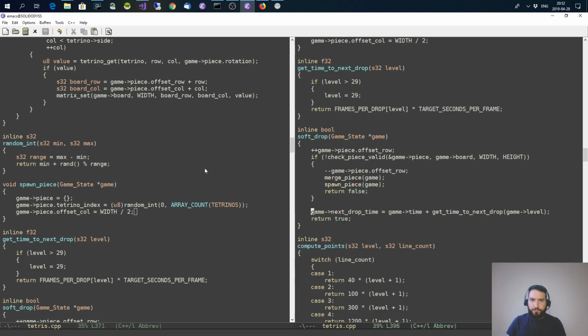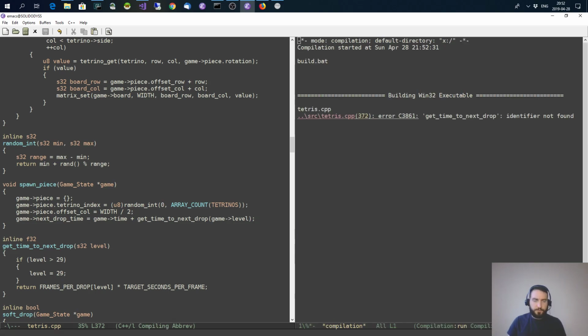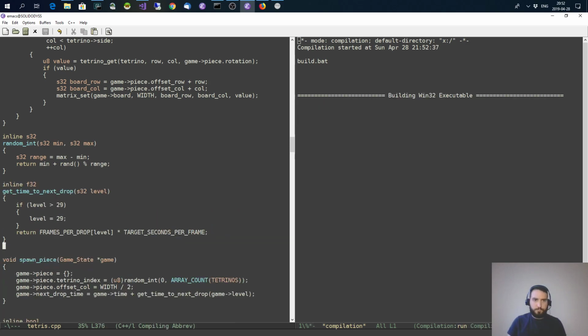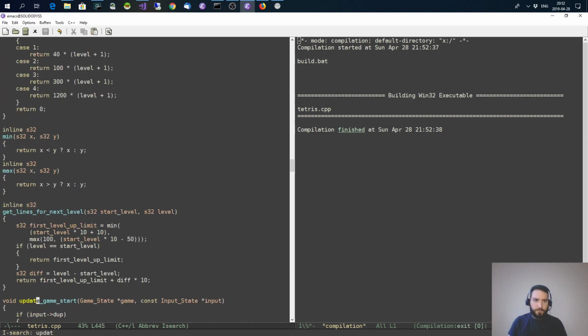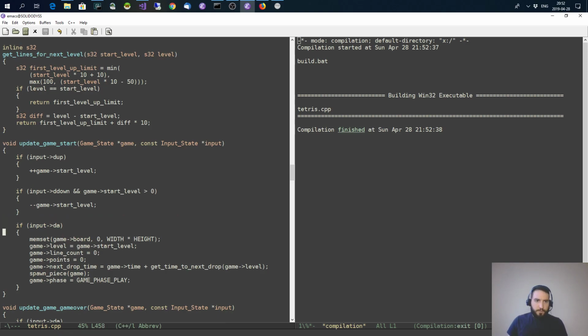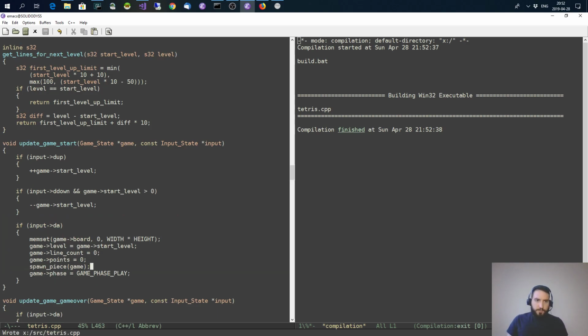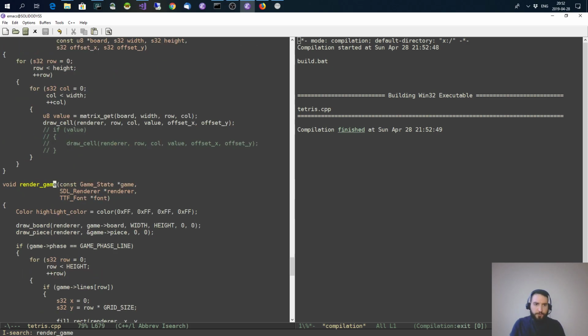So we actually want to do this when we spawn a piece. And it will also help us in the game start. We don't need to do that. We just spawn a piece, we get the next drop time. That's very good. One more thing, when we're rendering the game,